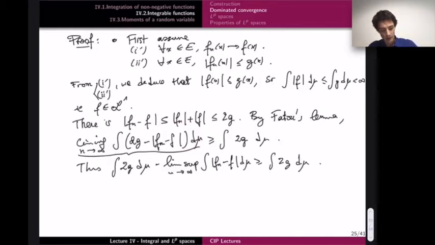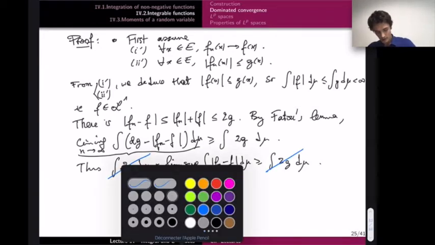So now I apply the limit, but the first term, the integral of 2g, does not depend on n, so that gives me just the integral of 2g dμ. And now I also have the limit of minus the integral of |fn - f|, and the limit of minus something is equal to minus the lim sup. So that's a small trick that you can verify. So we have this inequality, and you see that on both sides I have the integral of 2g dμ, from which I deduce that